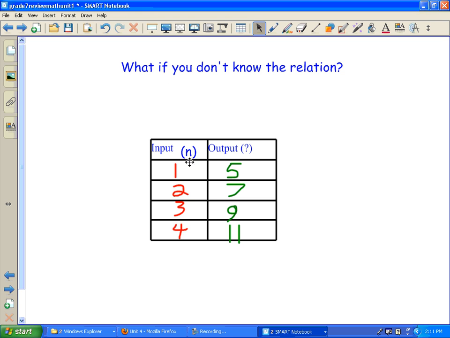So what if we don't know what the relation is? Here's what we're given, and we need to try to figure out what the output must have been, what the relation is. So let's do it like we did before. Let's just see what the pattern is from this one to this one, because it should be the same from that one to that one. So let's figure out this one. 5, 7, 9. So we're going to go up 2. So to write our relation, it's going to be 2 times a number. Now, let's plug in 1 and see what we get. 2 times 1 is 2. So I'm going to need 3 more